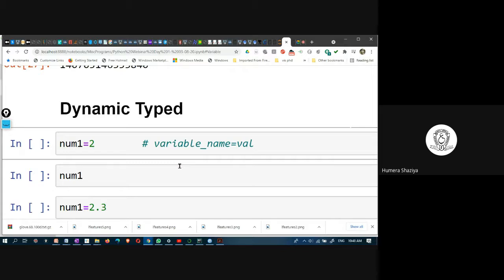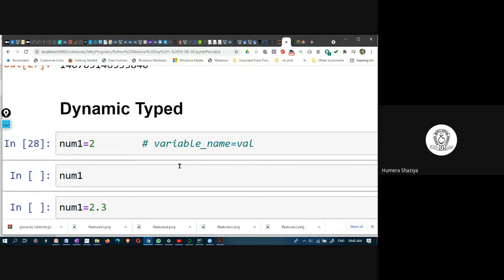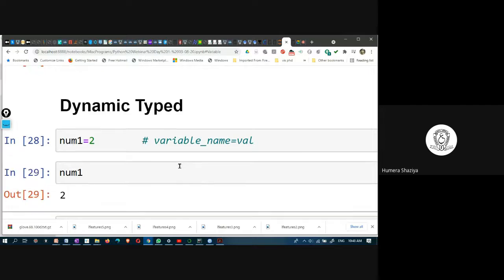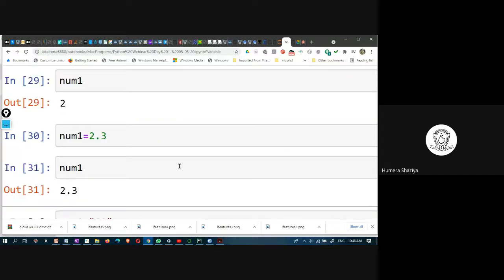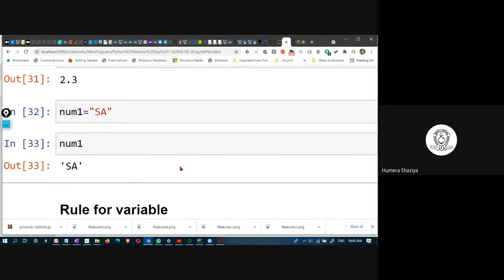Python is dynamically typed because you don't assign data type. By default, it takes the type based on the value.